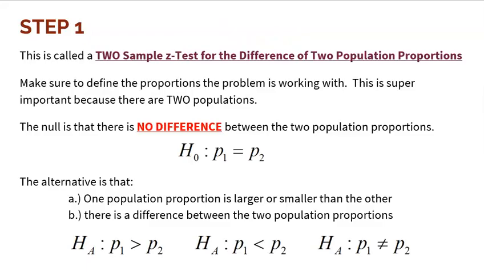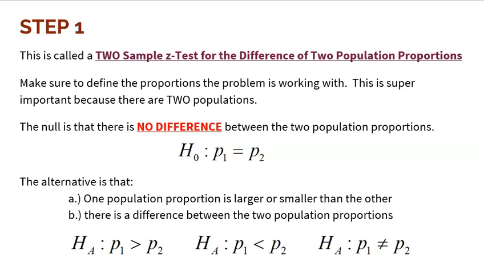All right, so first off, let's talk about step one. Step one is naming the test and giving the hypotheses. So the name of this test is a two-sample Z test. Now, you have to throw some context there in any specific problem. For example, I'm